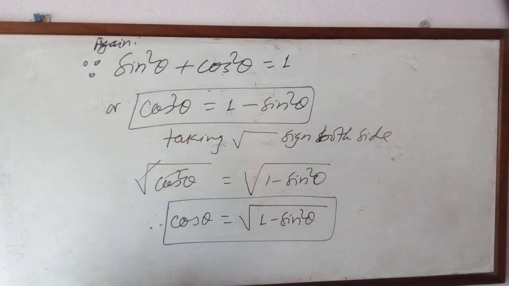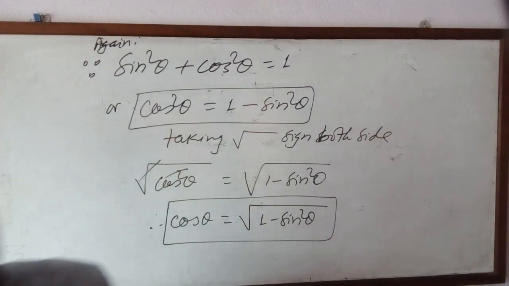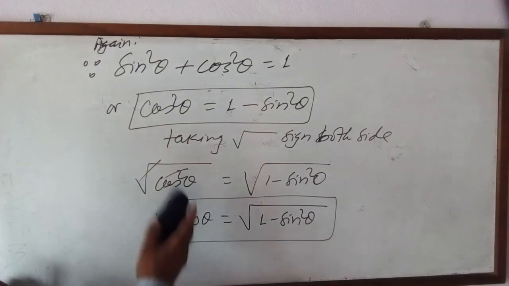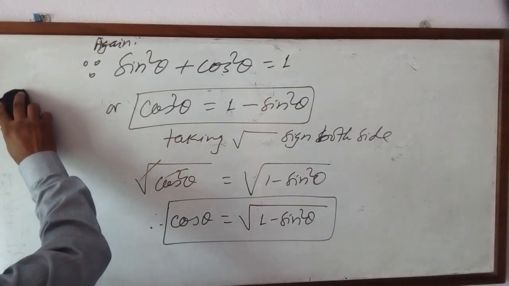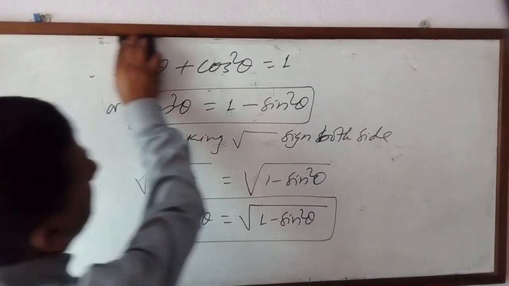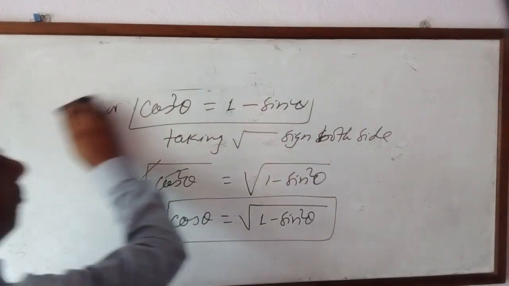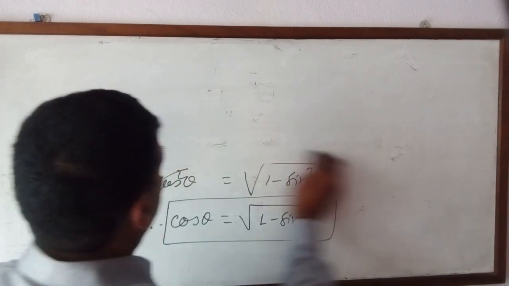Now I did all. Now I write after this two more formulas I derive. It's very simple. In this way you have to derive, and after this memorize this. These are the basic formulas of trigonometry.